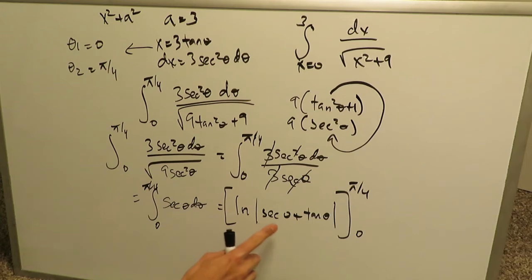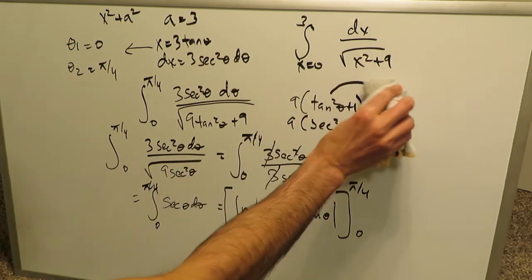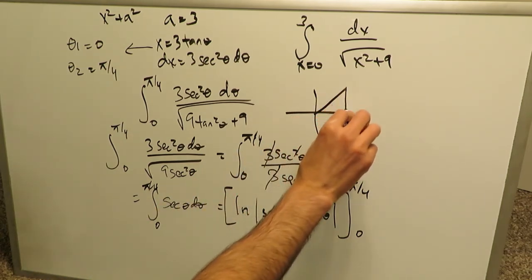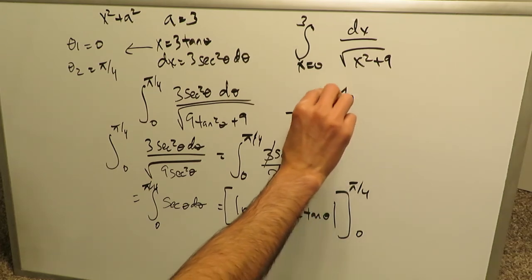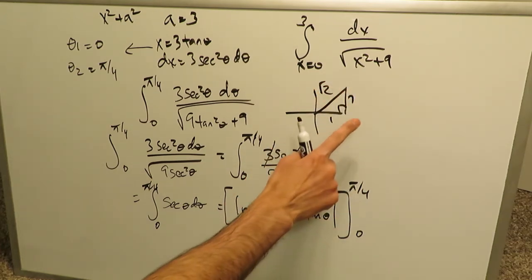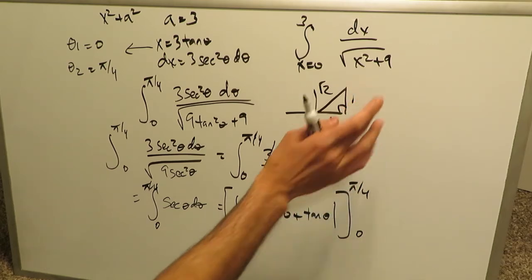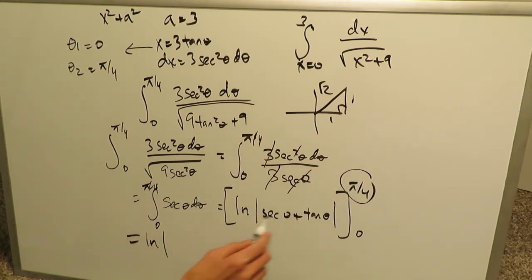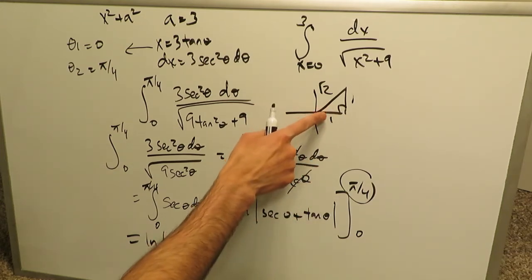You're going to do a natural log of secant 45 plus tan 45 minus natural log of secant 0 plus tan 0. And you can think about your trigonometric ratio triangles over here. Let's do that. Trigonometric ratios. When you're looking at a 45-degree triangle, you have a 1, 1 and a root 2. And that gives you the values you need. So when we're doing the first part using the upper limit, this is what we'll get. We'll get natural log of secant of 45, which is root 2, plus